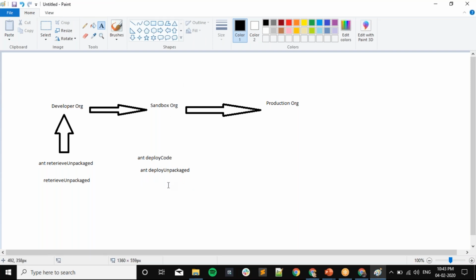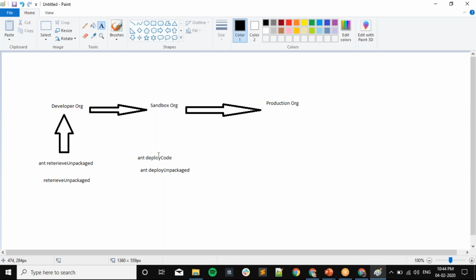Now that data will be available in the sandbox. So you don't need to create any change set over here. You just need to pass these changes to production. You need to give the production's username and password, and the same code will be used for deploying from sandbox to production. deployCode is for when you have test classes.